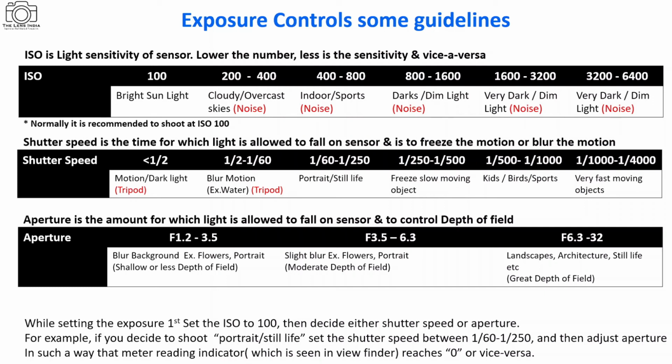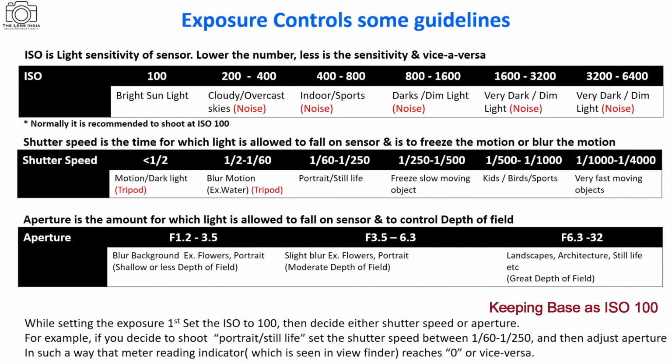Although I have explained in our earlier slide what to set first, you might have seen that there is a list of apertures and various settings available in the camera, as well as for the shutter speed. So what to set when? By and large, I have tried to give you the presets over here, so that they can give you a fair judgment on what type of subject you are shooting and what settings you can keep when you are shooting that specific subject.